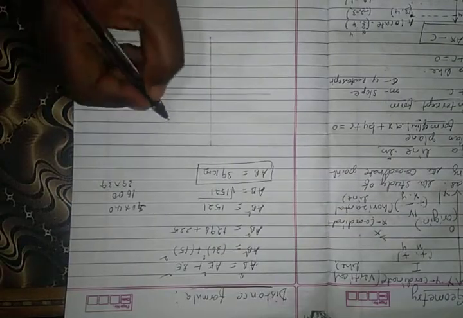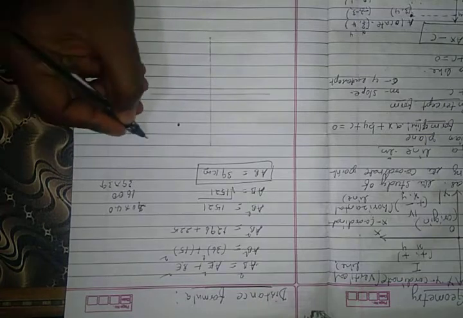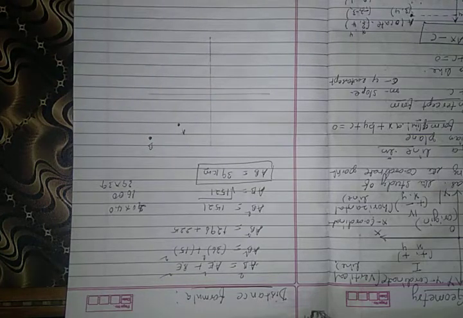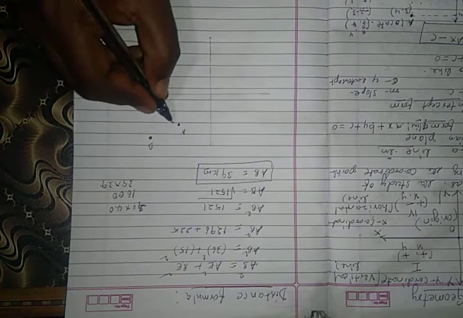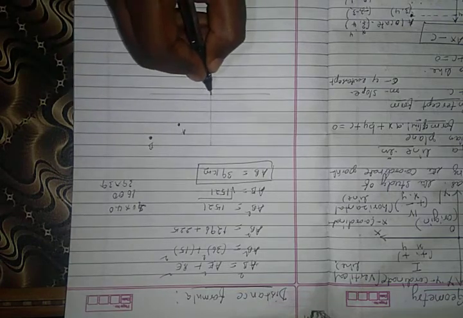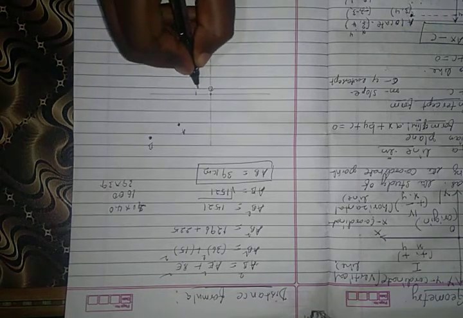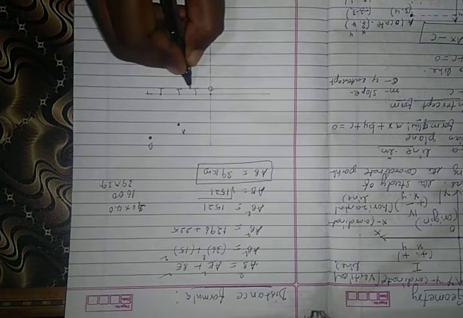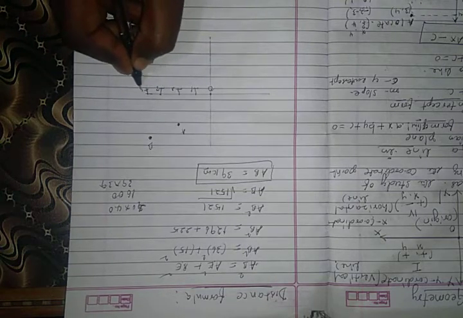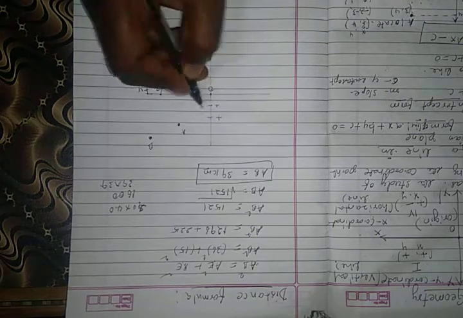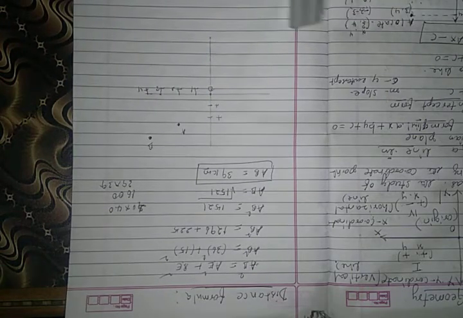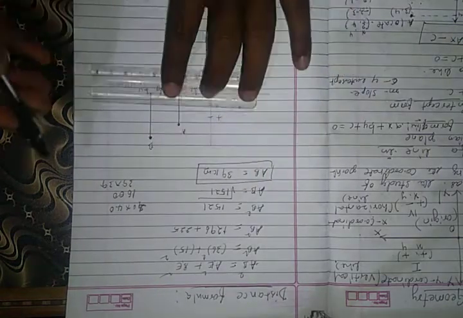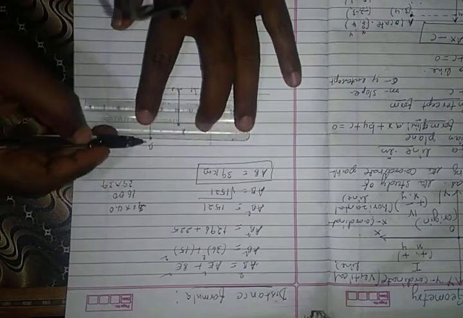Let us take another example. This is a point and this is another point. What is the distance between the point A and B? How can I find out the distance between them? Let us see, this is the origin. By using +1 and +2, +3 and +4, like that. In this type of situation you can draw a perpendicular line to the x-axis and also draw lines to the y-axis.